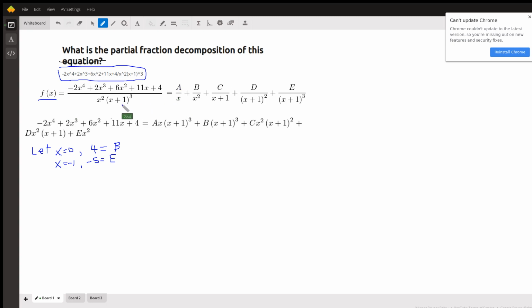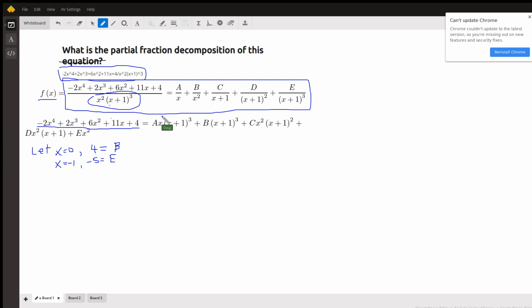A over x plus b over x squared plus c over x plus 1, d over x plus 1 squared, e over x plus 1 cubed. And so what we're going to want to do is take this equation and multiply every term by the LCD, which happens to be this. So we'll get the numerator